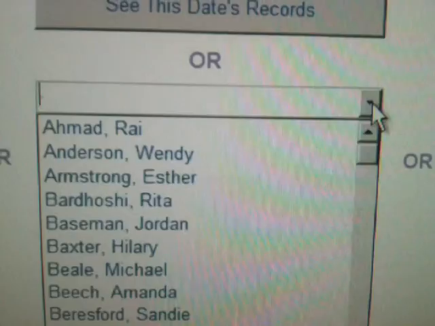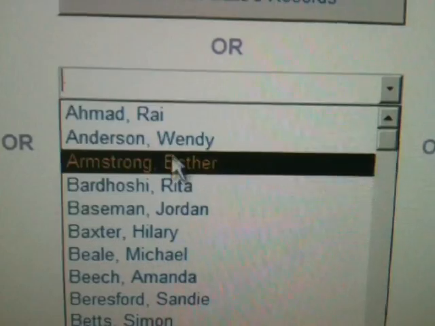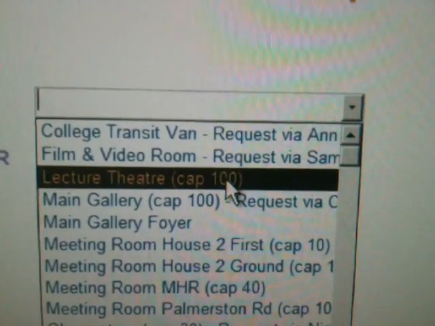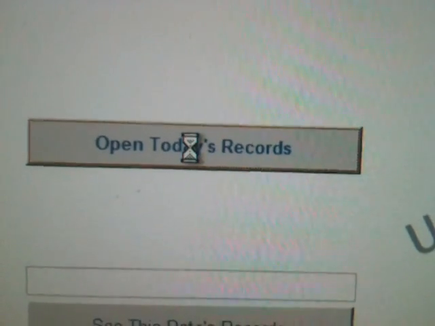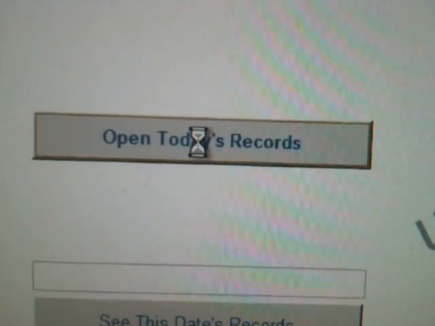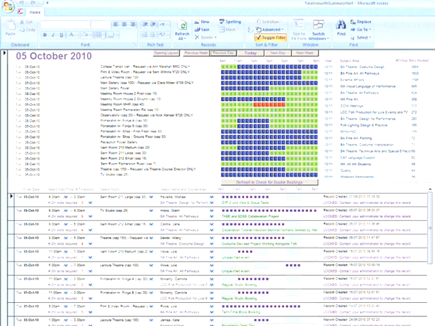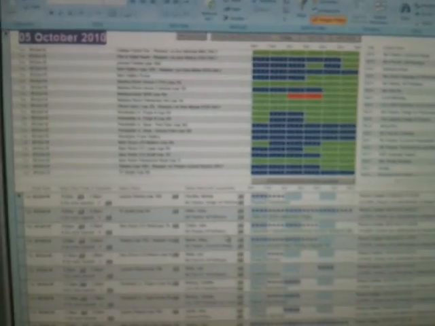Alternatively, if you want to look at a particular person's records, you can select their name off the list here. Or if you want to look at a particular room, you can select it from here and press the button and it will take you to that area. However, for the purposes of this demonstration, I'm going to go to today's records. So I press the button and we come back to a fairly busy screen, I must admit, which summarises the